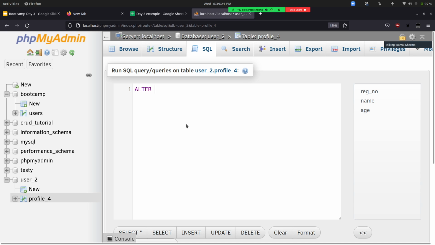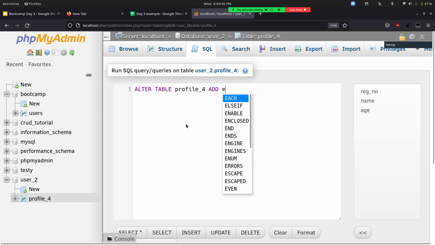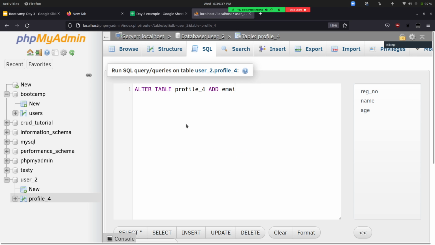So alter, then you have to type table, then you have to specify the table, which is profile underscore 4. Then I will give add, because we're trying to add a new column to it. Let's say, do we have an email field? I guess we don't. So I'll just add email and specify it as varchar of 30, and I'll execute this.